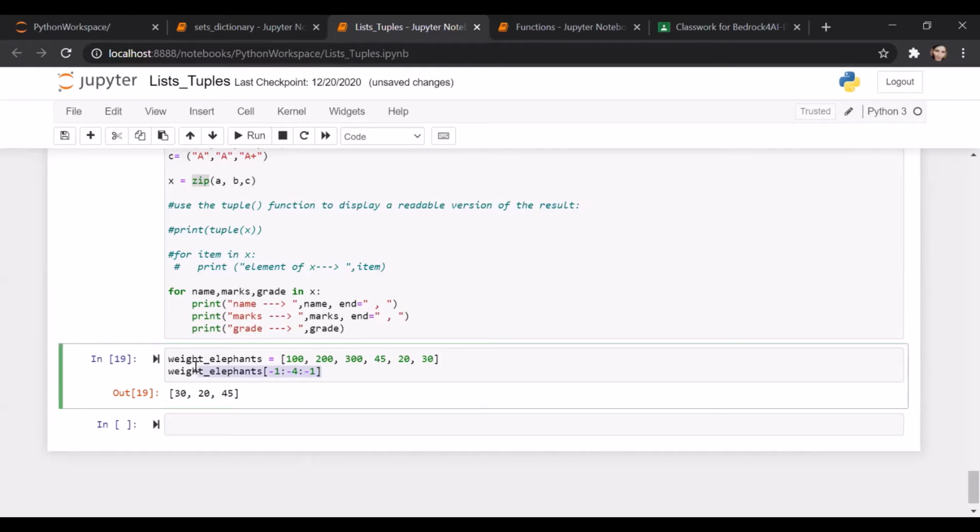I know this is kind of confusing, so the only way to understand it and be clear with it is to try it. You have to try different variations and see. But just remember that the start by default is going to be the starting point 0, unless you provide something else. The stop by default is going to be the length, like if there are 6 elements, by default the stop is going to be 6 here, and the step by default is going to be 1 here, but you can change that.